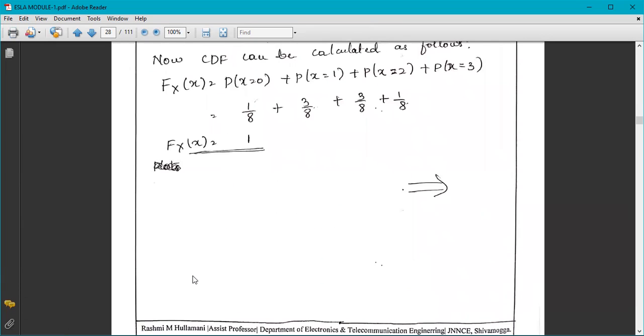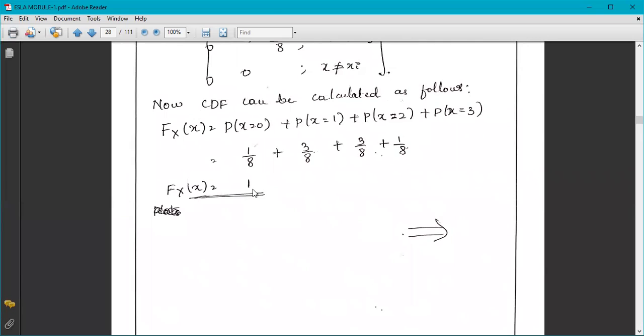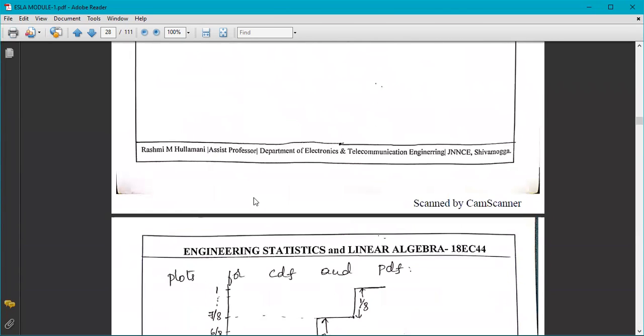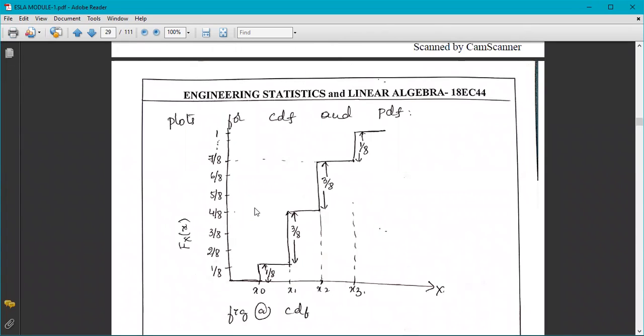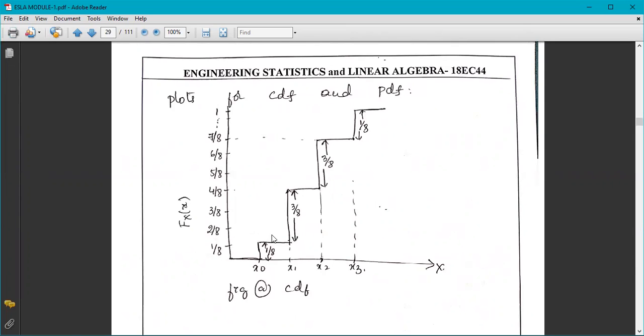Therefore, the cumulative distribution function is 1. Understood? Now if we plot a graph of the random variable versus the probability, the CDF versus the PMF,